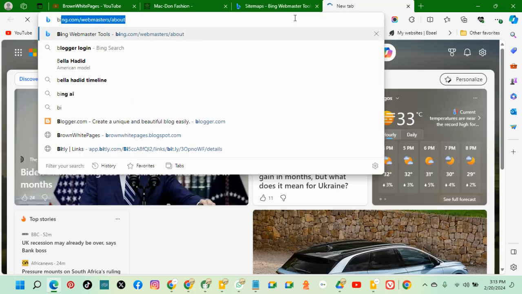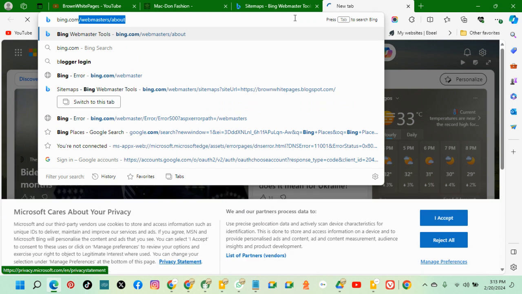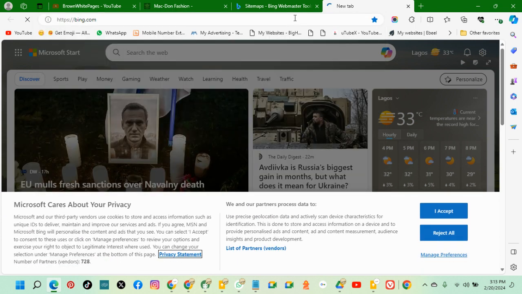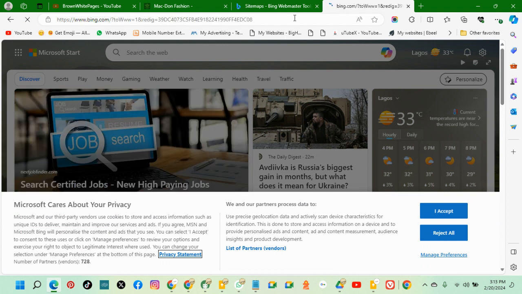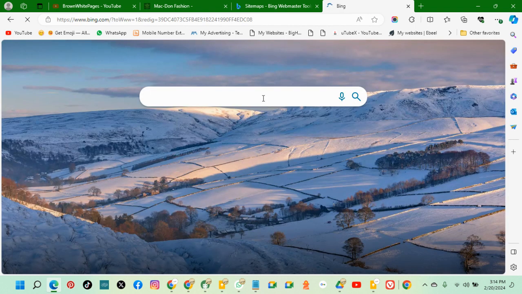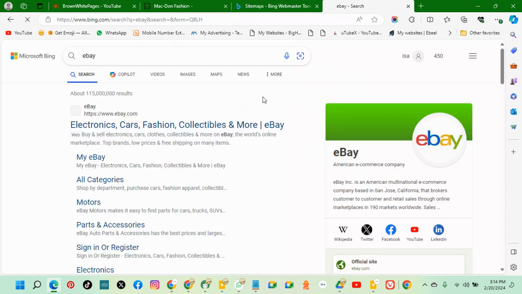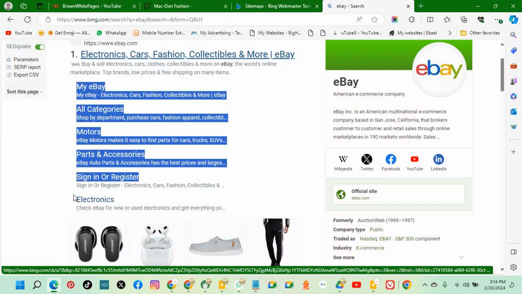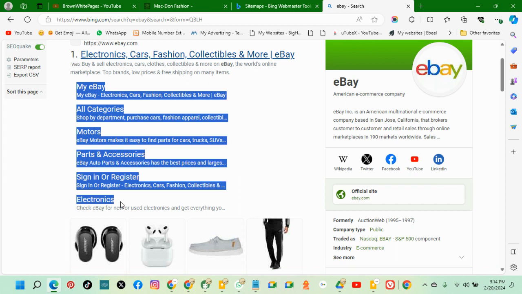Let's go to Bing.com. Let me show you what a sitemap should be able to do for you. Let's say eBay. Let's say they've submitted their sitemap. Then we search eBay. This is what will happen on the search engine. The sitemap makes it possible for the Bing search engine to list the most visited web pages